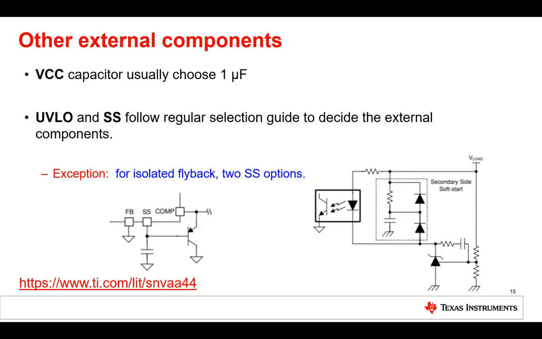Be aware that the soft start or SS in LM5155 changes the feedback voltage reference, so it does not work when the feedback pin is connected to ground. A possible solution is to connect a bipolar transistor from comp to ground that is connected to SS through its base. So the soft start voltage limits the comp voltage and hence the duty cycle at startup. The drawback of this solution is that it is completely independent from the voltage on the secondary side, so overshoots on the output voltage are still possible.